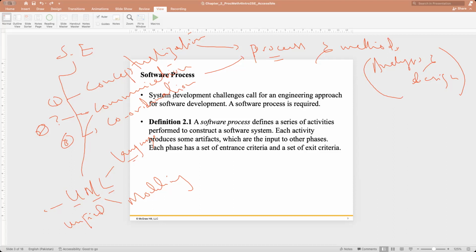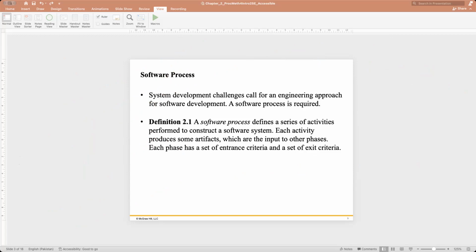But we need a lot of tools for that. So we need some tools and techniques that can support us to make good teamwork. So when we have a proper understanding of what I mean by teamwork, then it is good for us to focus on who can do what, so we can focus on how well communication can happen, and how well coordination can happen. So now we are almost set to go with the process, the software process.